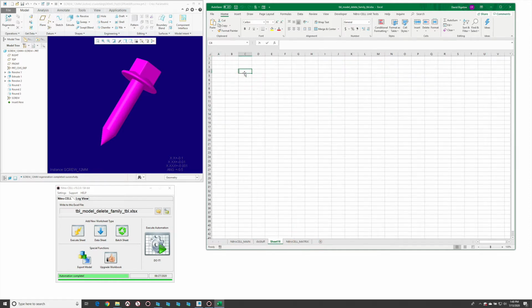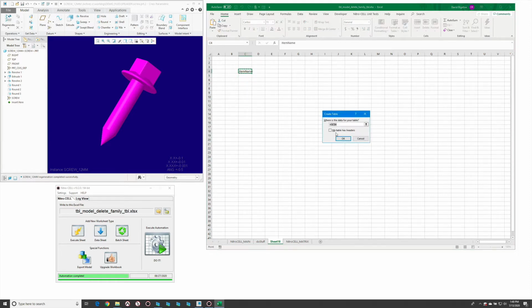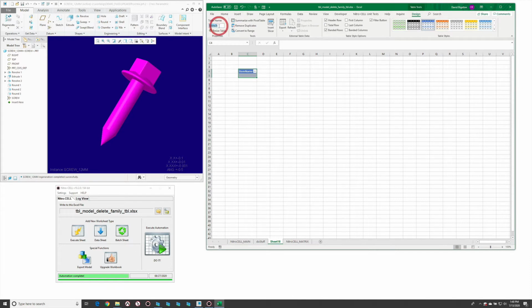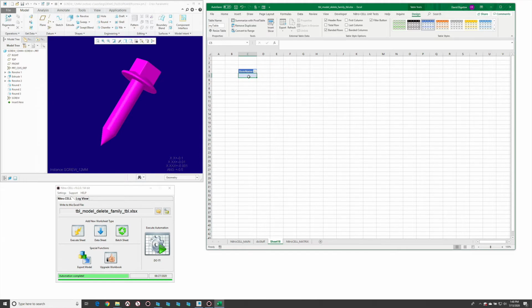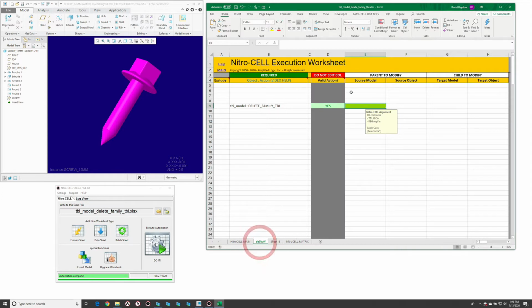So we're going to go create that real quick. So item name, and I'm just going to do a Control T to create a table and say that as headers, we're going to give it a name, my table. Okay. Now, currently in session, we have that instance and its generic. Okay. So let's put in the generic screw.prt, and then let's simply reference that with nc. Oh, sorry, we need tbl colon my table,